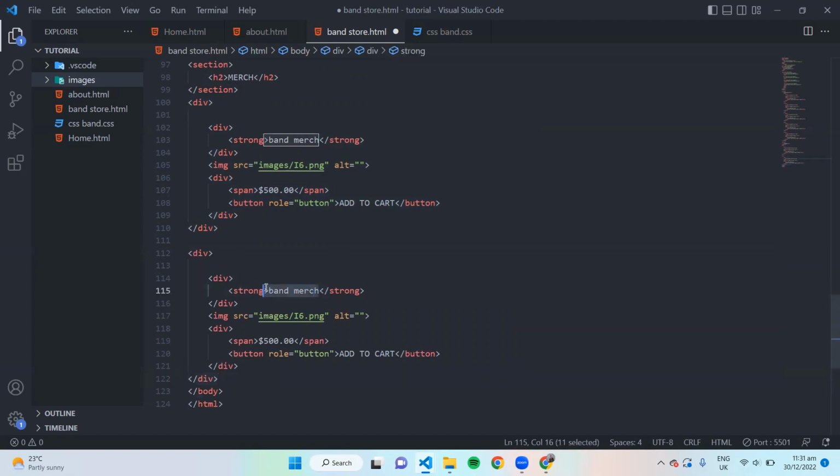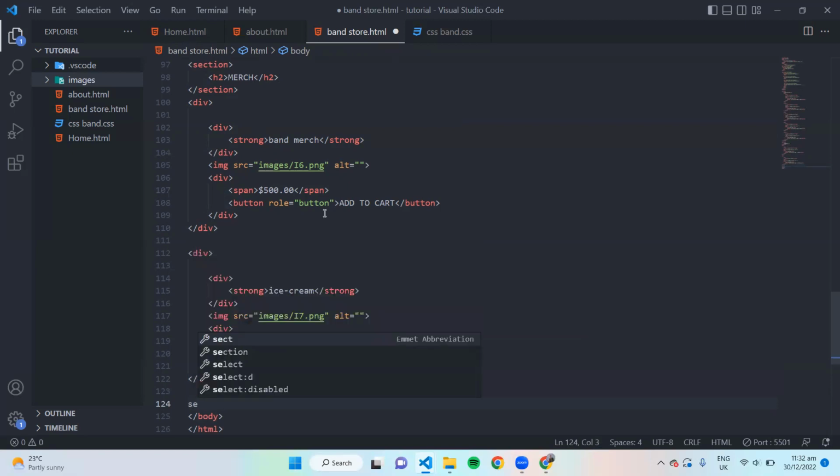I'm gonna change this to iSpeed because my image is iSpeed. And then I'm gonna change this to TI7 and then you leave everything as it is. After that, below the div,